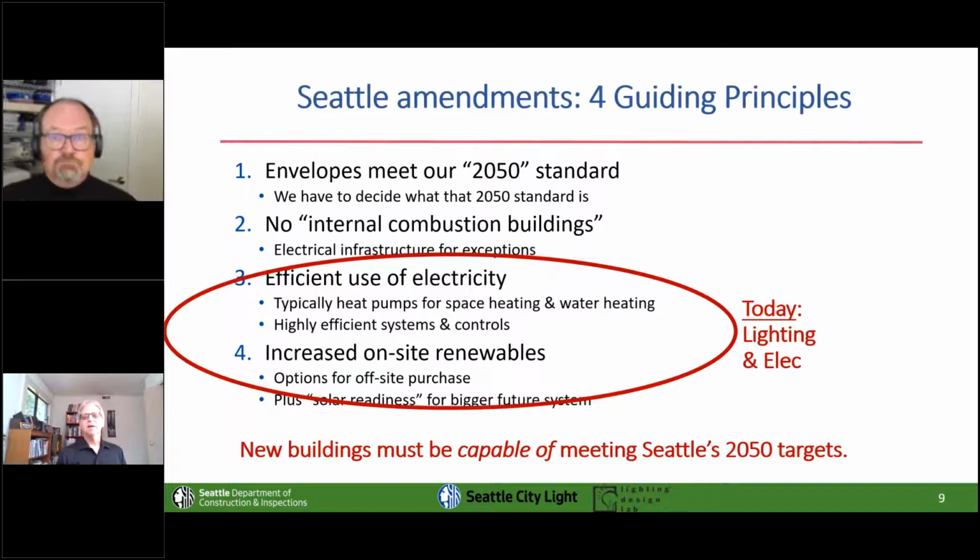Yeah, I've had a similar slide up for other talks we've had in the past. These are 4 basic principles that we used for developing the Seattle amendments, and today I just want to say we're on slides 3 and 4. We're trying to set up buildings such that without any major surgery they can get to our 2050 zero carbon target. One thing I wanted to mention from the mechanical side is